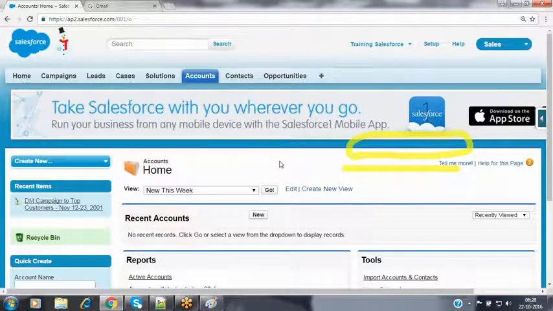Because we have just created it. This data will be given by Salesforce to you by default, some sample records given by Salesforce, by which we can perform some operations on that, and then we can see how people have entered the data, what fields are visible, and how we can create our own new record.